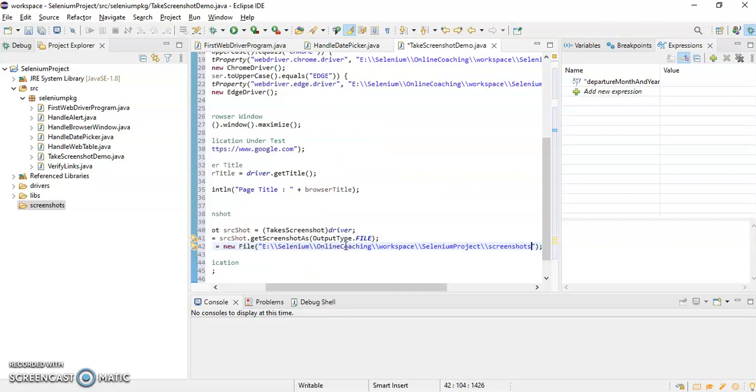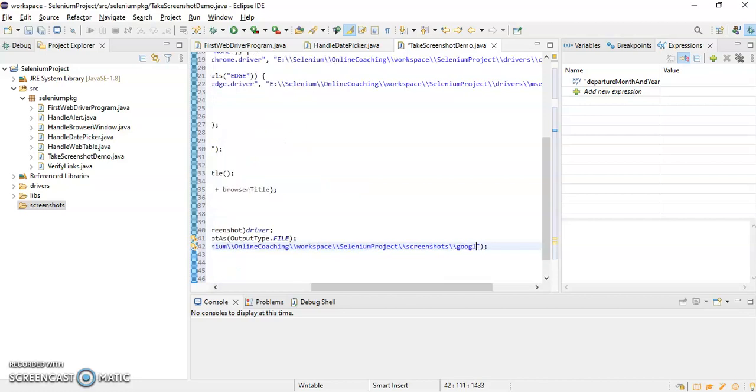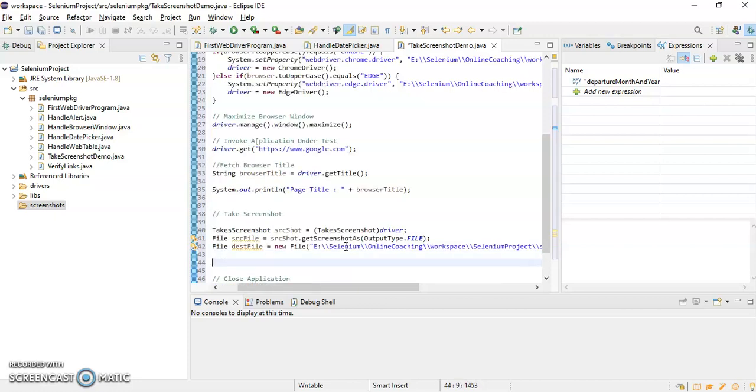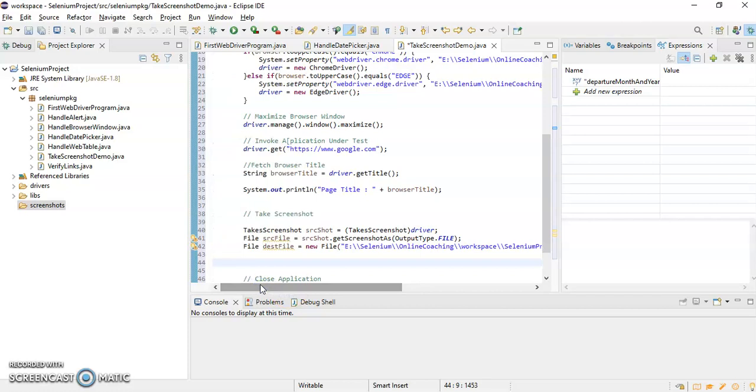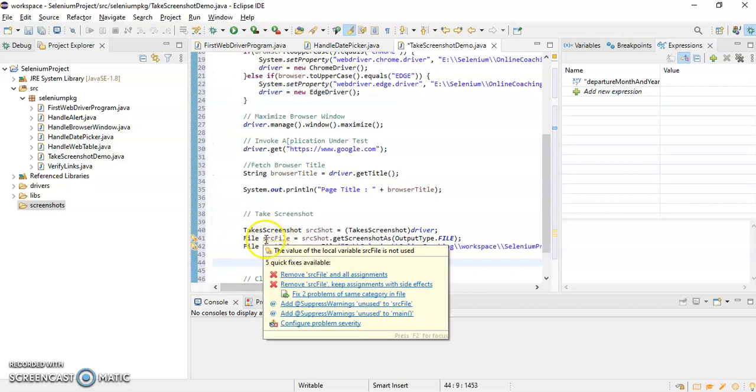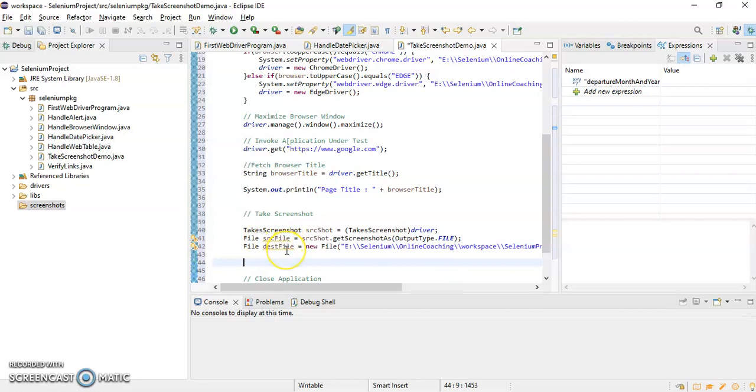You can give any screenshot name. Suppose I'll give Google page dot png. Now I have to copy the source file to the destination file.